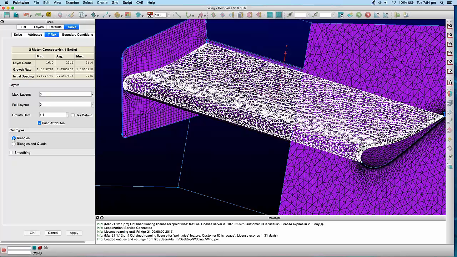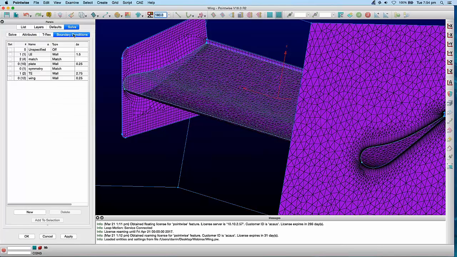I've got it set to triangles. We can set it to triangles and quads, and set how many layers we want. This is the number that we're going to extrude off the leading edge. At the same time, we need some boundary conditions for the extrusion. For the leading edge and the trailing edge, we can set a size in millimetres. This is the initial cell height that we want there. And then on the end plate,